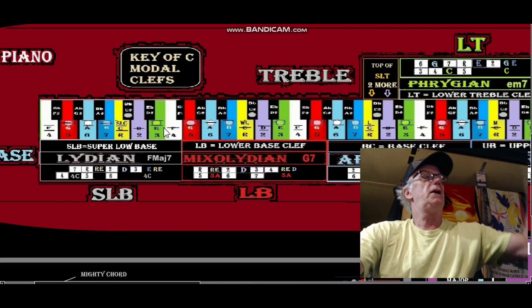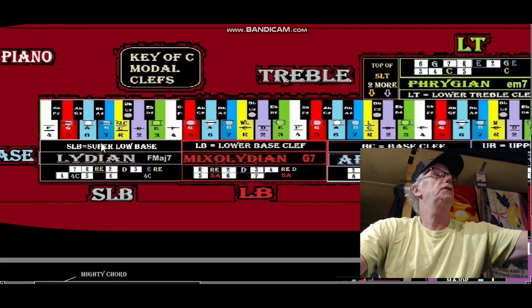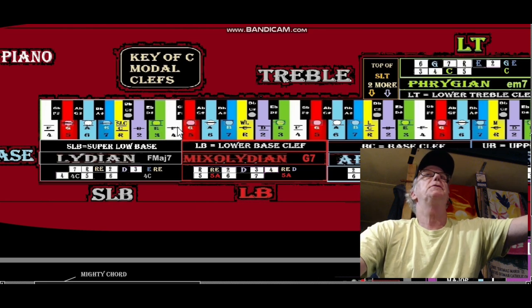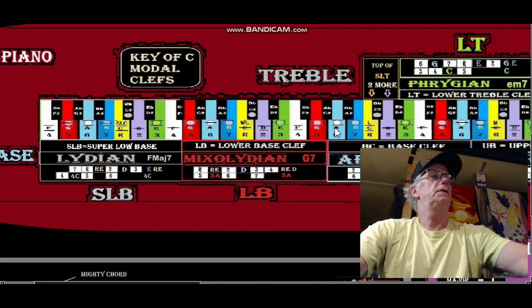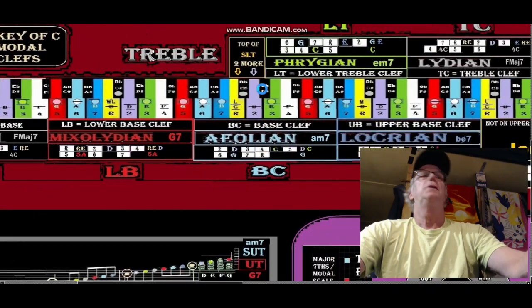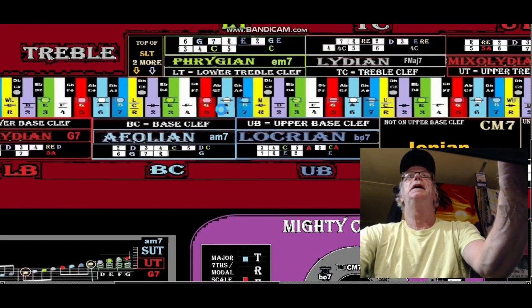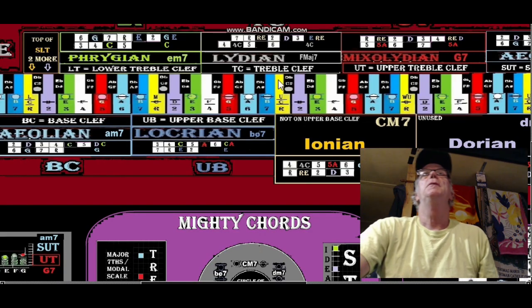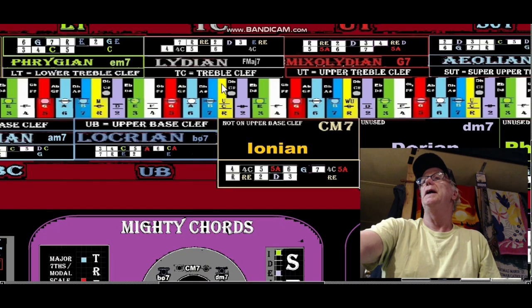We can go all the way around the circle and get the 7 notes where we have, starting from this F down here, we would end on the F, the 7th of that F right here, and then we would start G7 here, and then we'd go to this one, and then we'd go to this Aeolian in the bass clef, and then we'd go to this Locrian, okay, like that. But guess what? After this Locrian, we're not going to go to this Ionian, and then to this